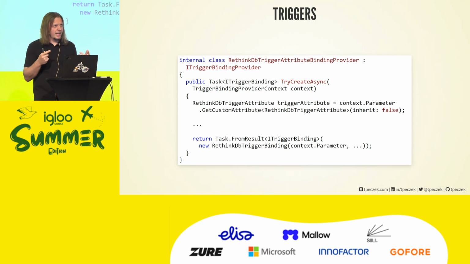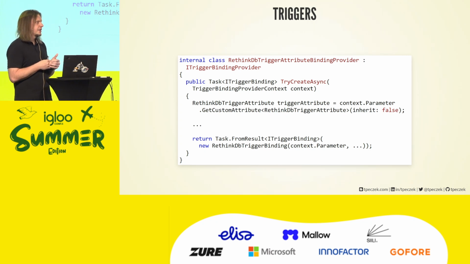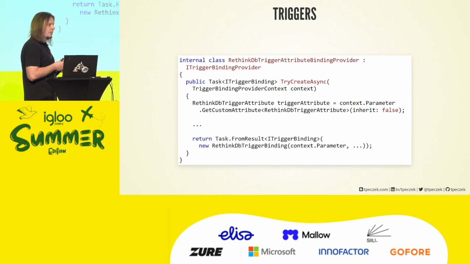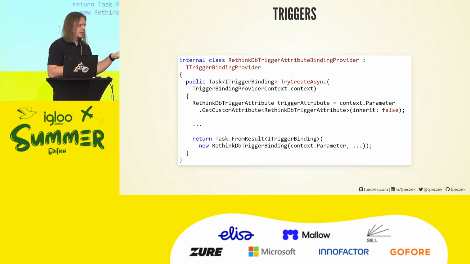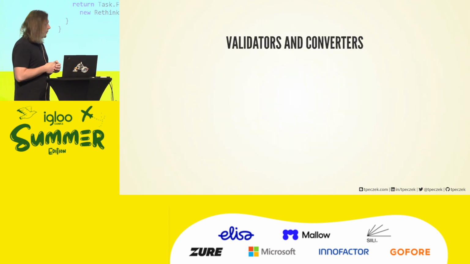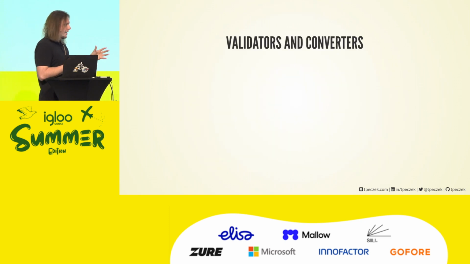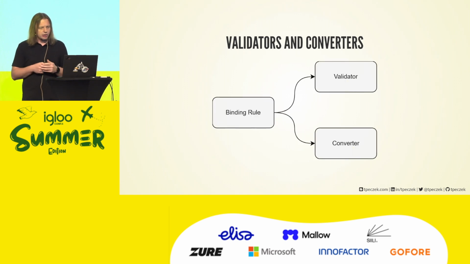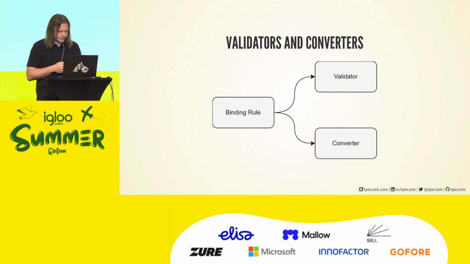Because a lot of the complexity that we could expect here is actually extracted to those additional components that fill up those rectangles. Because if all the code would have to go to this, that would be really cluttered, right? Except for integration, it would have to be doing other things. So there are other components like validators and converters to actually take some weight away from those components. They are also registered with the binding rule.